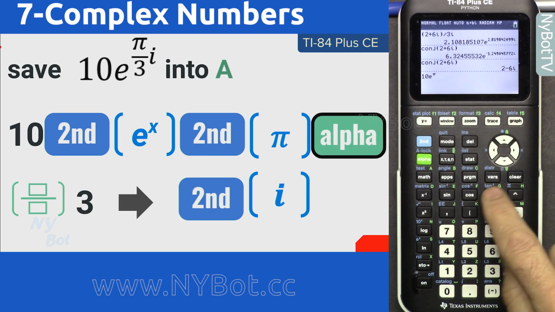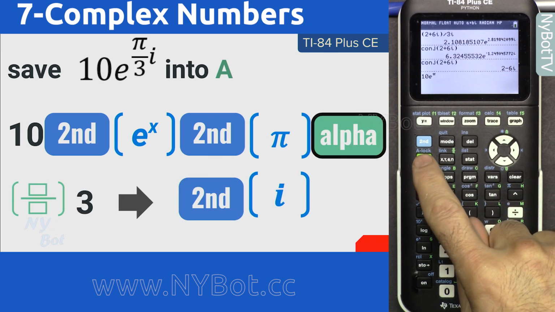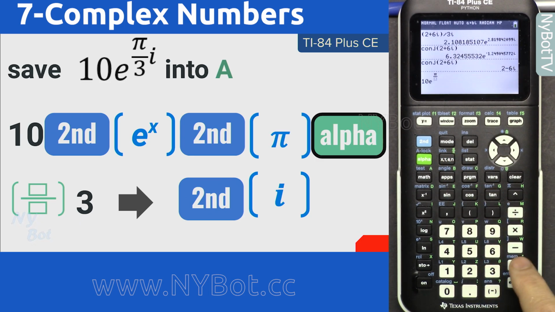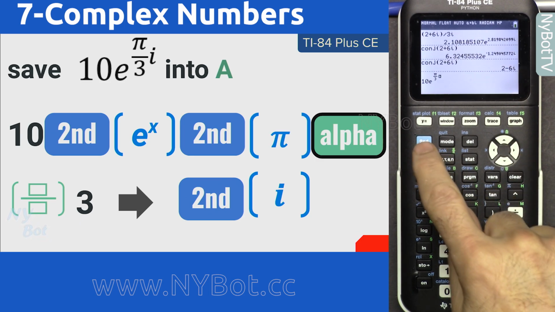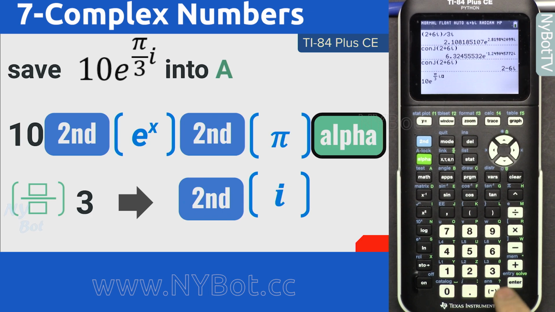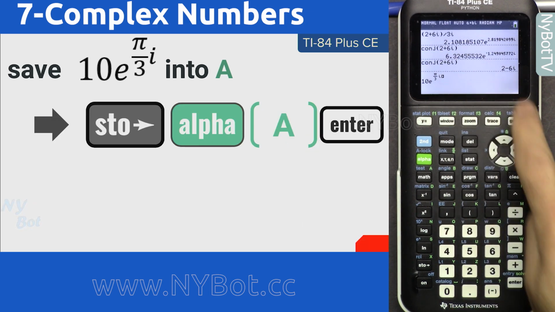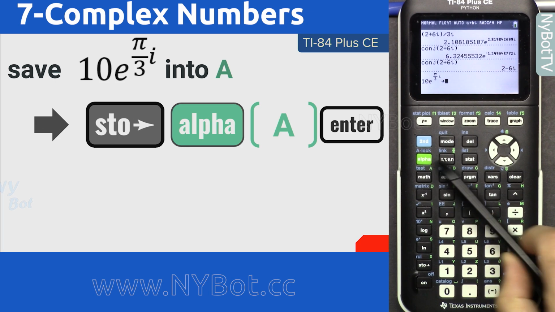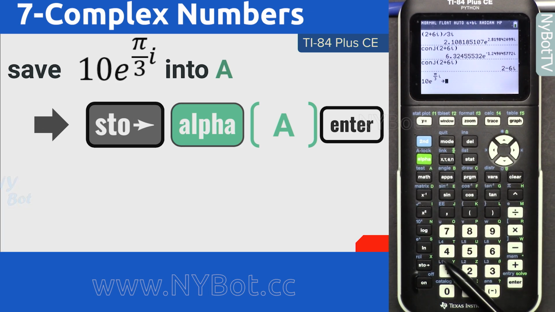Now we have to bring fraction, second function, and then alpha 3, go with the arrow to the right, bring i, second function i, and after that we have to move the cursor to the right so it comes to the bottom, and here we can press STO, store, and alpha